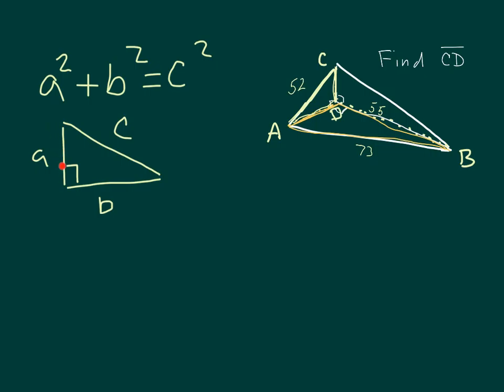The ones that create the right angle, where you see this square, are always going to be A and B. The side opposite the right angle is C, called the hypotenuse, and it's always the longest value in the right triangle. Once you identify your right triangle and the sides,